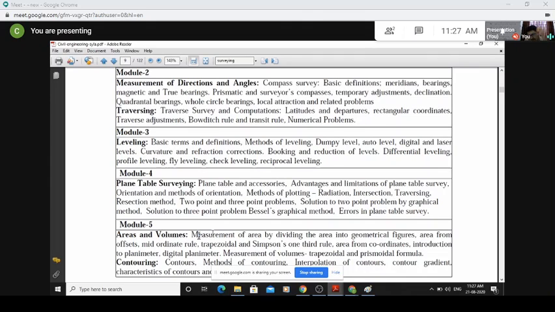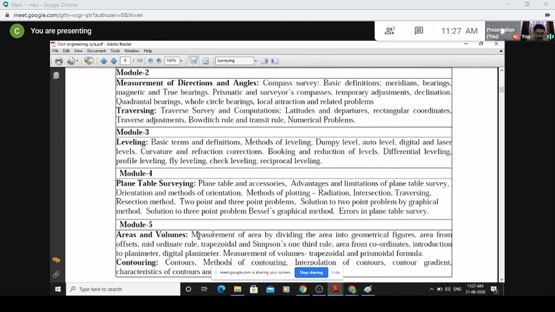Contours will tell you how the ground profile is. Contours are nothing but lines. These are the lines which will have the same height, same height in the sense of elevation. It is very hard to understand right now for you people what exactly a contour is, but you should know that contours will help you to understand how the ground profile is.